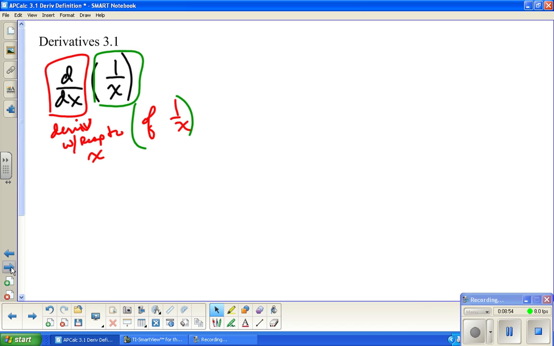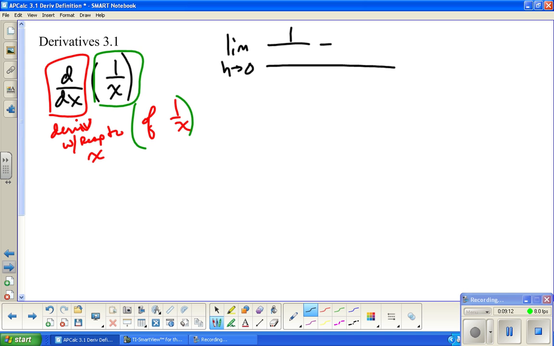Okay, so it's the same idea as before, and I know somebody's going to say, but I like the other notation. But you have to get used to lots of notations. Okay, limit as h approaches 0 of f of x plus h, 1 over something, minus f of x itself, all over h, and that something is x plus h. You'll be trained professionals at this soon. So I'm going to call this y prime, with the idea that it's the derivative, equals